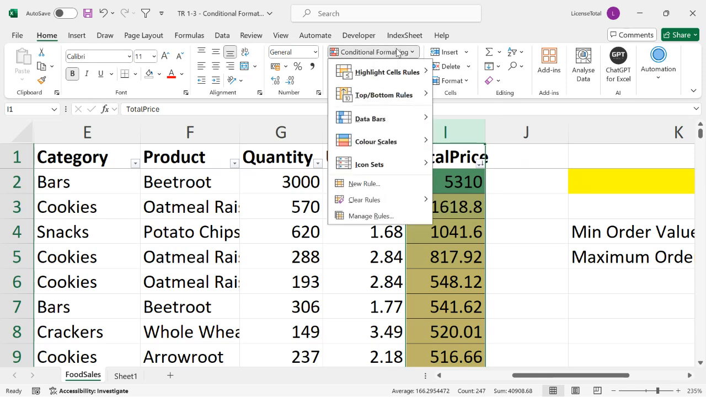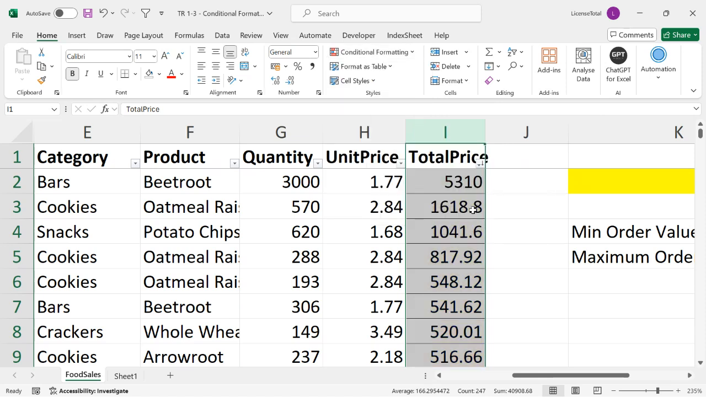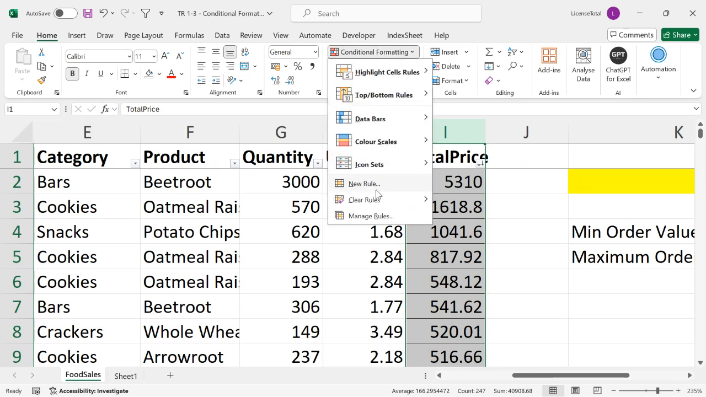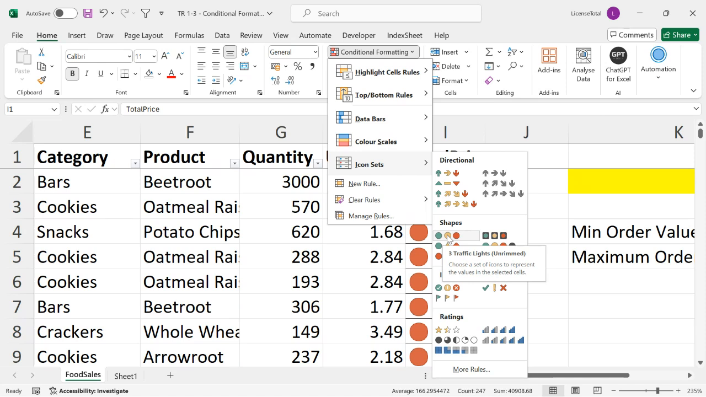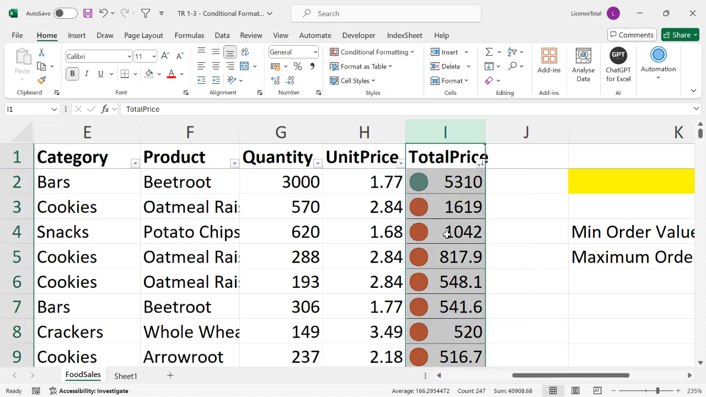Now, let us move on to the icon set. Before that, let me clear these rules, otherwise you won't be able to understand that. Next one is icon set. So here, for example, I'm going to choose these 3 traffic lights. I'm just choosing that. What would happen is